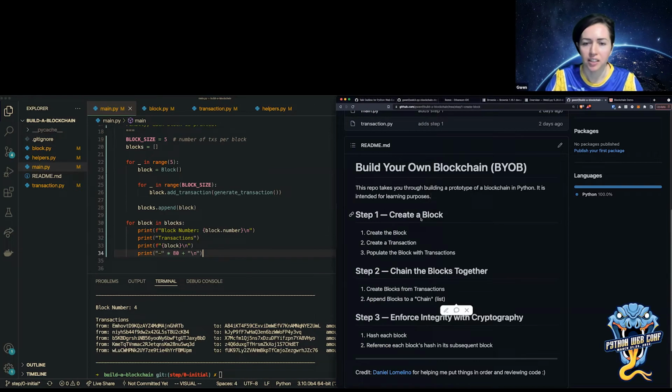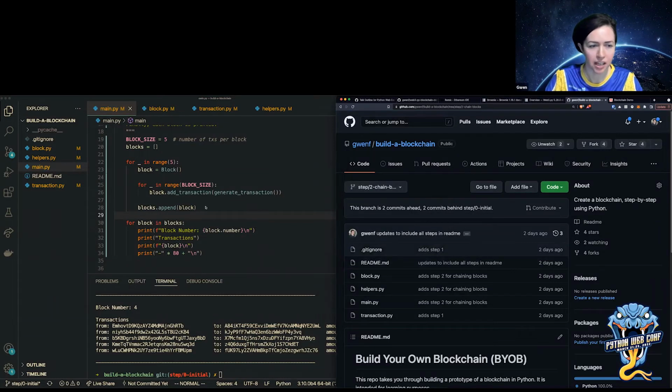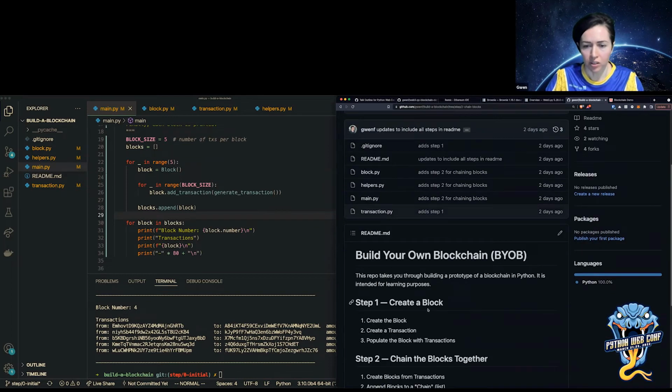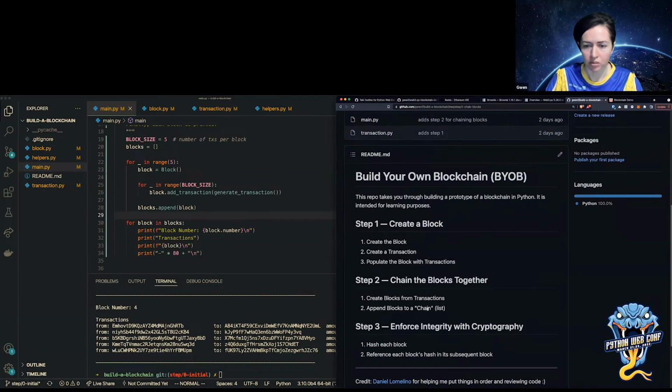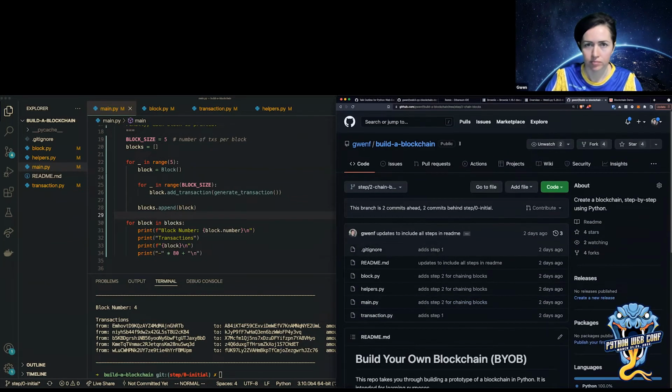And this is, if you go into step 2, we should be at this point in the code right now anyway. Okay, so we're going to enforce integrity in this step.